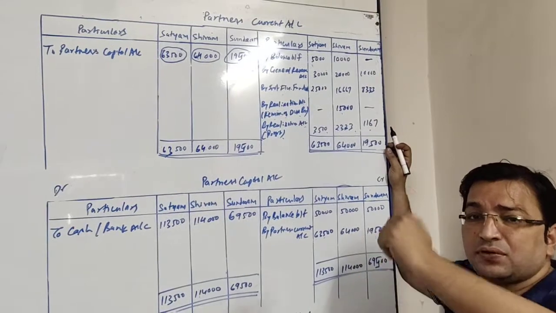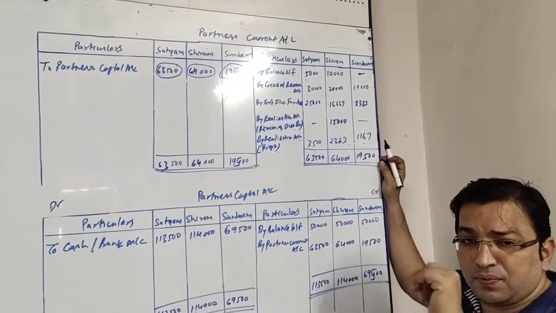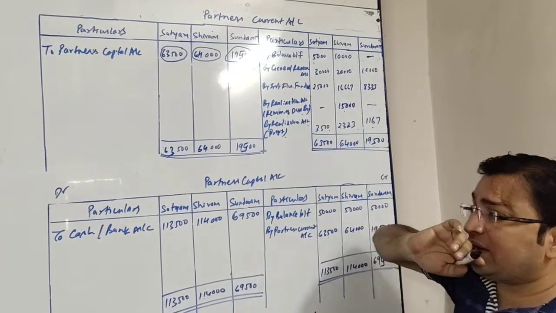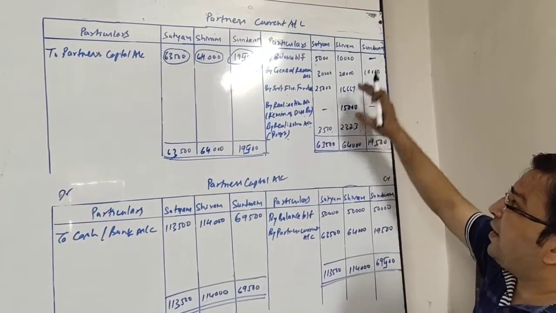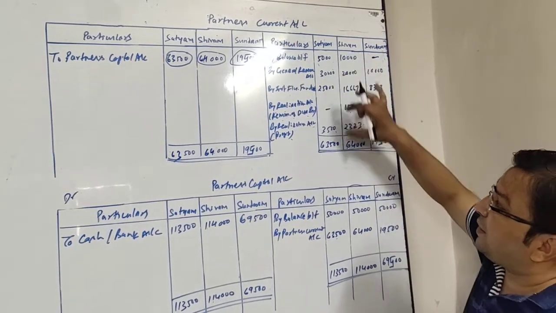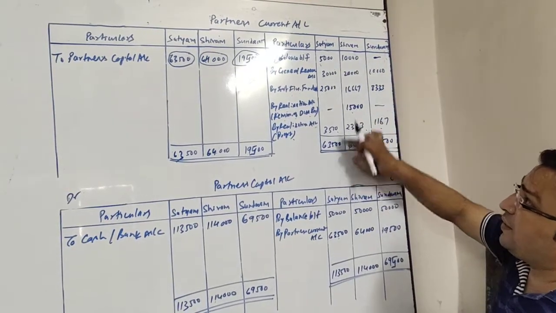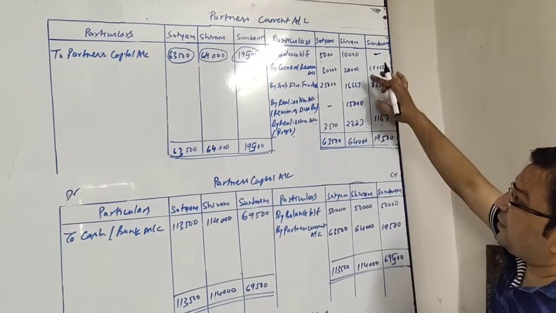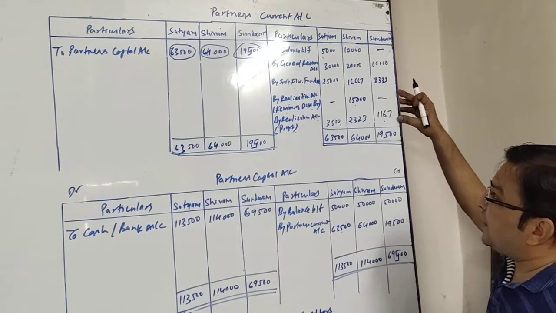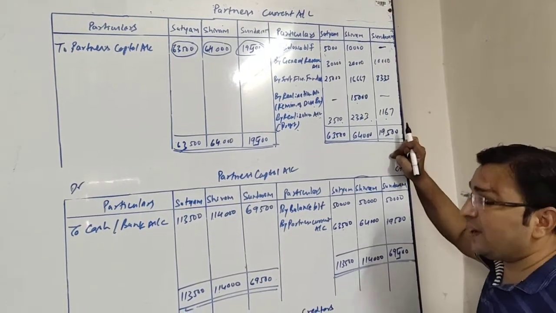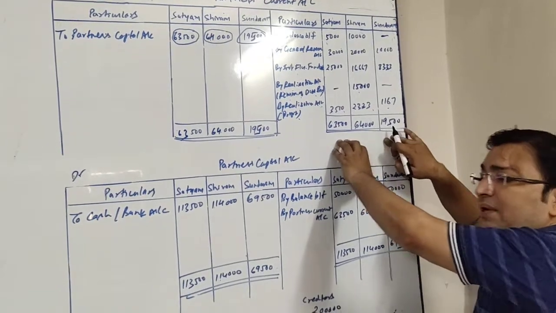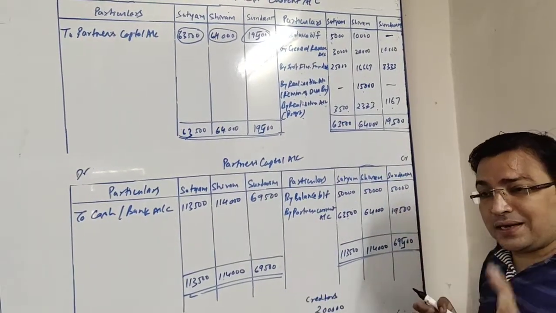Right now friends, what is the procedure when current account and capital account both are prepared? Current account is first closed and transferred to capital account. So we will be closing current account. As we can see, there is nothing at the debit side of current account and credit side all are having 3-4 items. So we will be making total of that. Satyam's column is 63,500. There are 4 items. Shivam column there are 5 items and total is 64,000. And Sundaram column there are 3 items and total is 19,500.